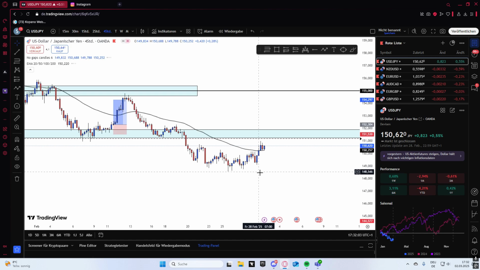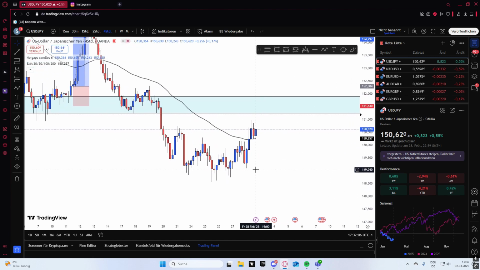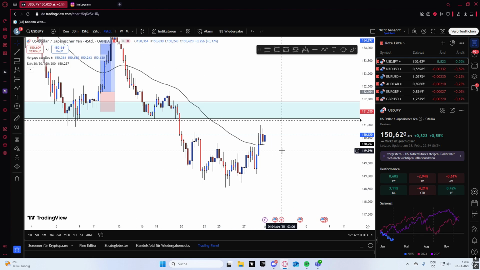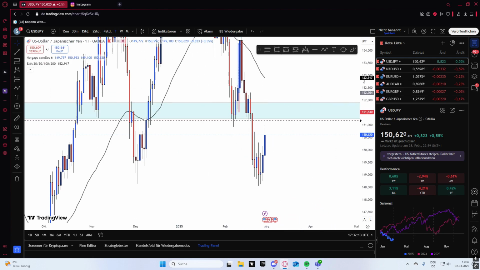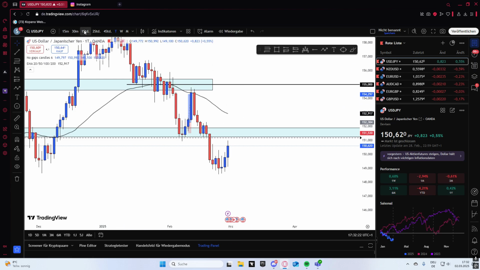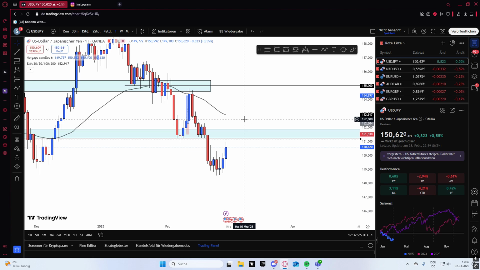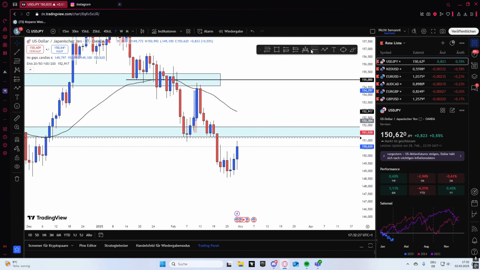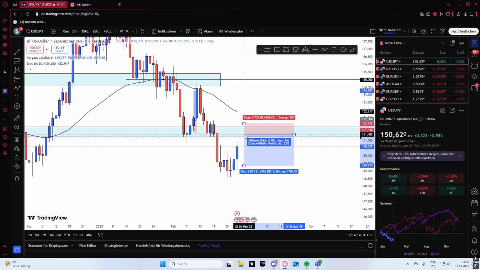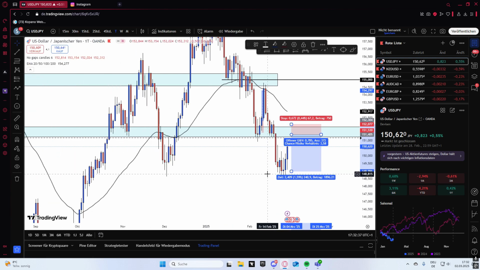On the 4 hour we are currently bullish, but this doesn't matter because we have the weekly and the daily in sync. So all I wait here is that price comes back to my area of interest, then gives me a shift of structure on the 15 or 30 minute time frame and an engulfing on the 1, 2 or 4 hour time frame to take the trade. My stop loss will be wherever structure is, and my entry depends a little bit. My take profit will be at the daily structure here